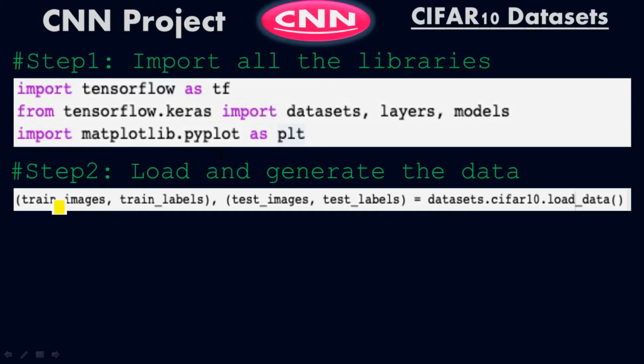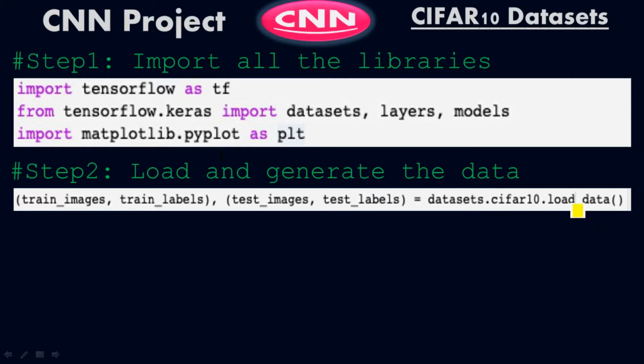So here, for the X train, we are putting train images, because image is the input data. So it is my X data, and train labels is the output data, as we were using in machine learning, Y train. Y train is the Y data. So for the Y train, we're using train labels, which is the output. And then similarly, test images, test labels, which means X test and Y test. Input test data, output Y test data, equals